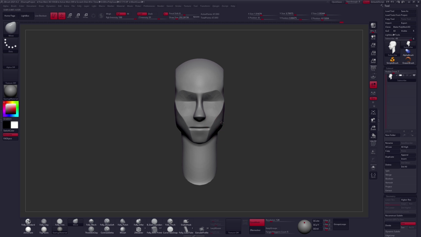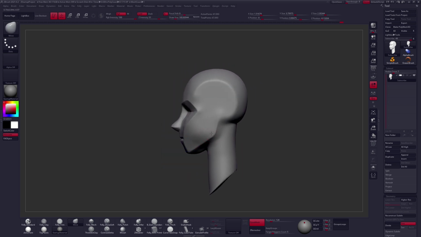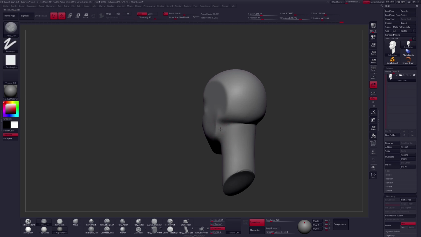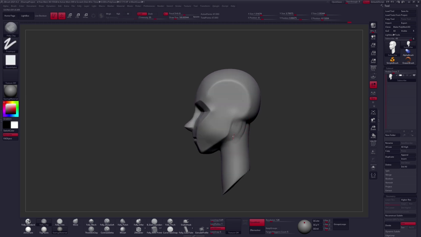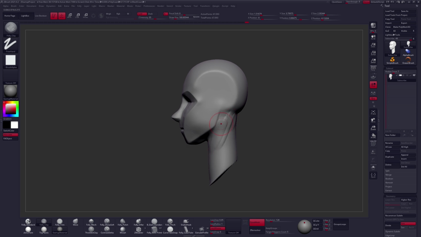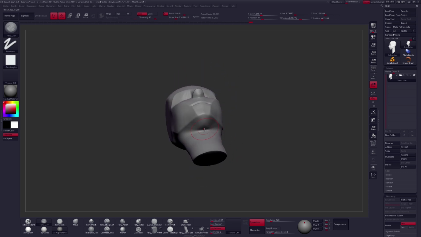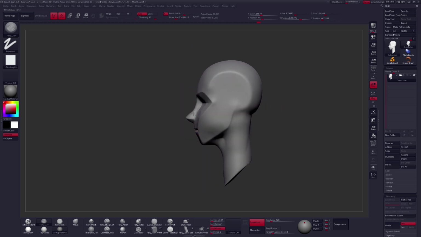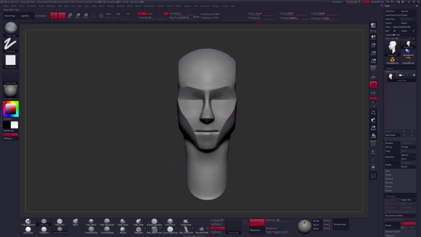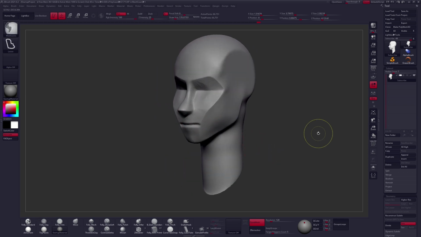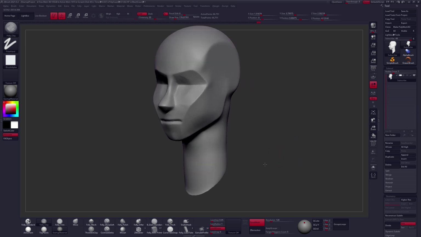We can start to pull in on that area on the side plane of the face. We're getting quite a bit of extra volume here, so we might want to give a little thickness to our neck. Continue playing with those shapes there. But for the most part, in terms of starting out working on a face, these are the kind of major areas that I like to look at. Getting that main shape for the back of the skull, which we can still see, the front shape of the face, the plane change for the jawline, the eye line, the brow, the front and side plane, the nose, and the mouth. Really the only thing that we are missing here would be an ear, but I don't like to